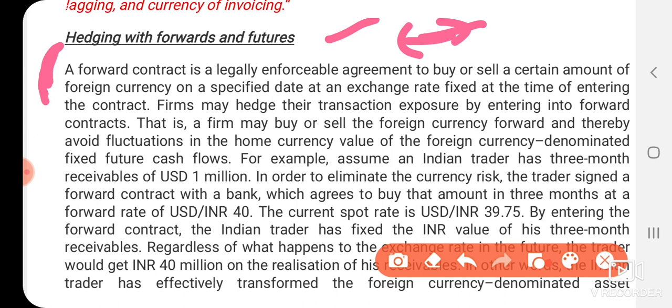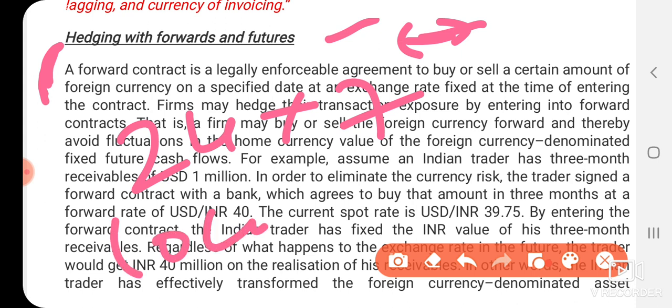And in a futures contract, there is settlement on a daily basis. Why? Because the stock exchange, there will be a 24 into 7 stock market. So in futures contracts there will be settlement on a daily basis, but there is no such thing in the forward market. Due to this settlement, there will be low risk compared to the forward market. It is also regulated by SEBI. There will be SEBI guidelines in order to protect the interest of the investors. Okay, my dear students, these are all points to note.